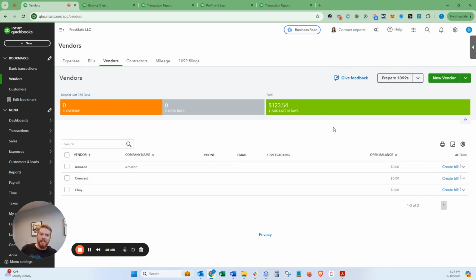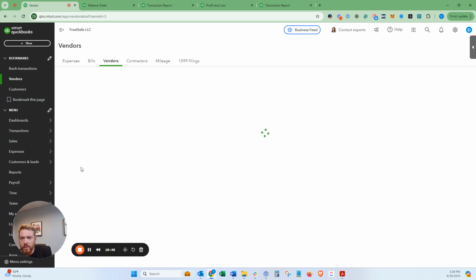And this is mainly to provide an idea of what vendors you still owe money to. So a lot of businesses will add all of their bills into this screen so that they know what bills are coming up in the next 15, 30, 45 days that they need to pay. So this open balance only really makes sense if you're adding bills. But for our purposes, if we click on Amazon,